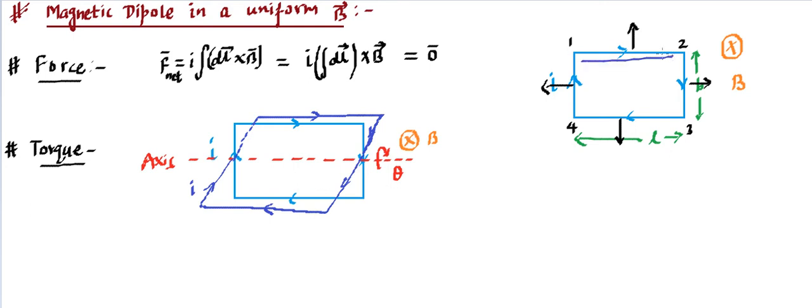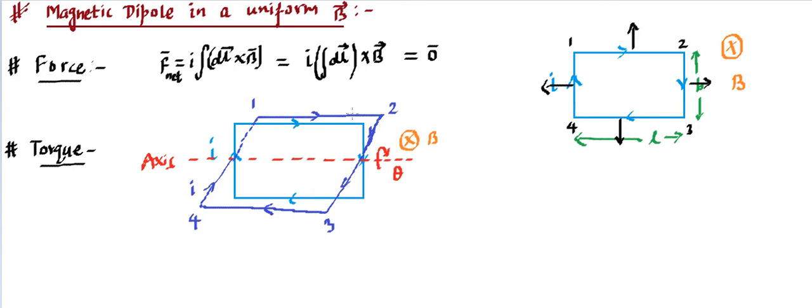Like in this 1 to 2 branch, we can say the net force is acting at the center point because it's symmetrical, and this can be at the center point, this can be at the center point, this can be in this center point. But if you have changed this, first thing we need to identify is what the forces are and in which direction. So let me name them. Like this is 1 point, 2 point, 3 point, 4 point, the same naming. Let's talk about the first 1-2 branch.